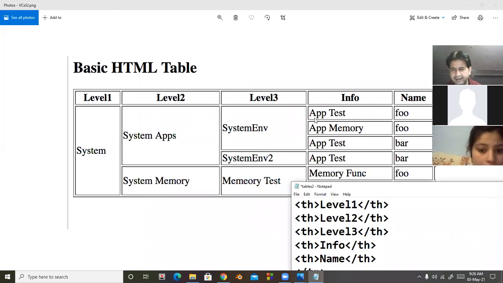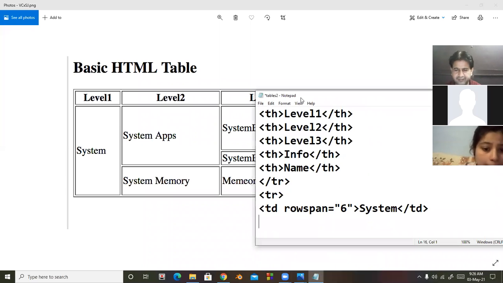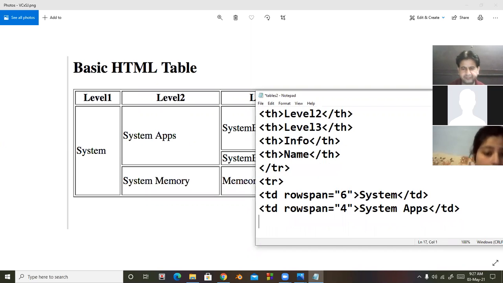After that, look at here. In second cell, 1, 2, 3, 4. 4 cells are merged. So I take here TD rowspan because row wise merging is here. Here is system apps. And then TD closed.